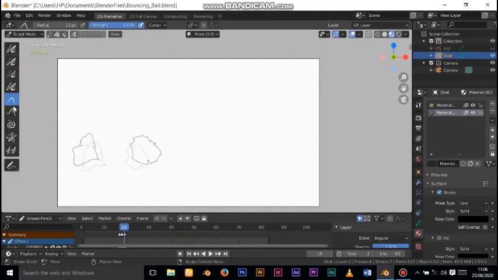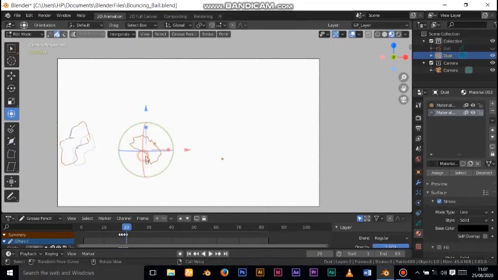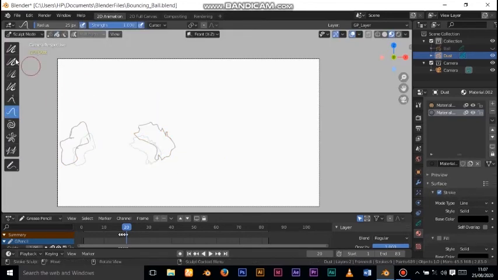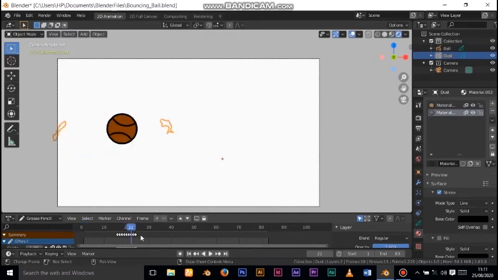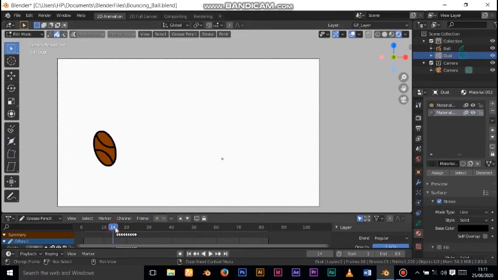Then in edit mode, I'll grab it and move it forward a bit, because the dust starts from the ground and moves upward. So I've gone back to the previous frame to reduce the size of the dust, and then back to the current frame, then increase the size again, because it comes from small to big before it disappears into the air. So this is what I'm doing right now with sculpt mode, and you choose push or pull, whichever one you like. You can use scale. So until I'm satisfied